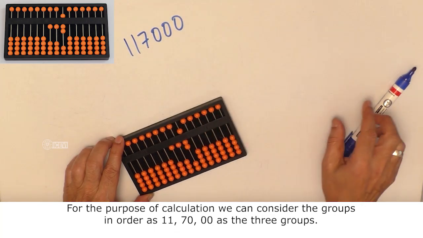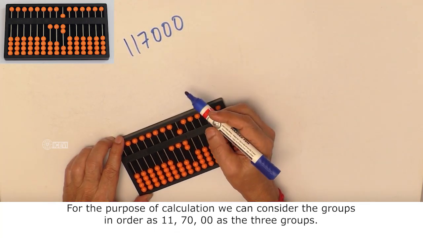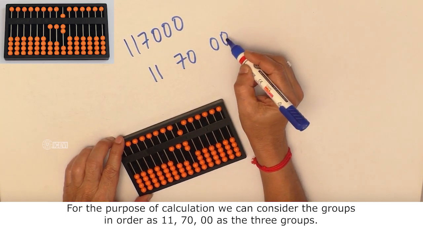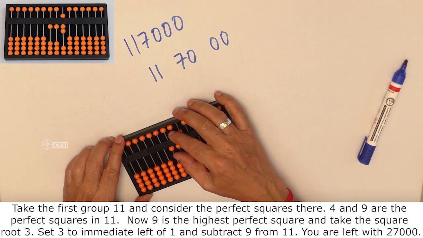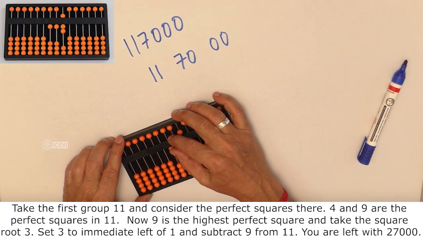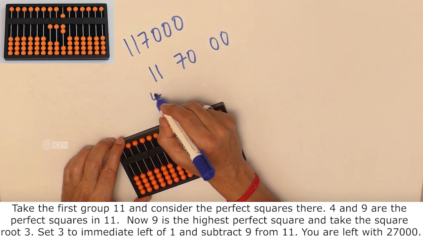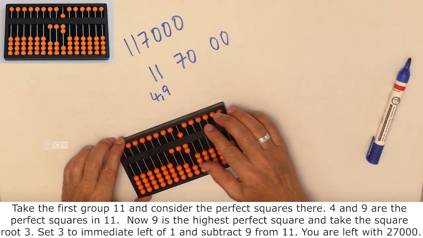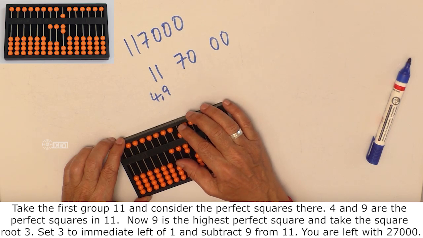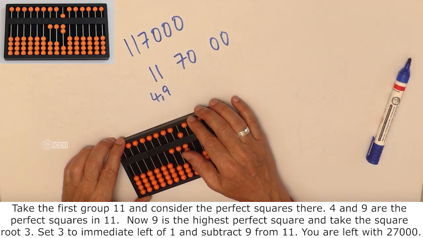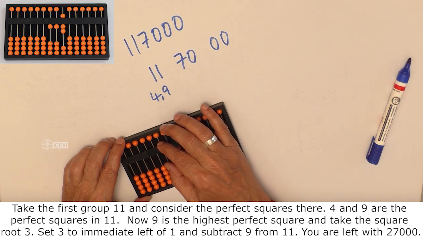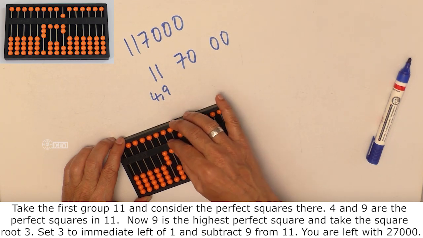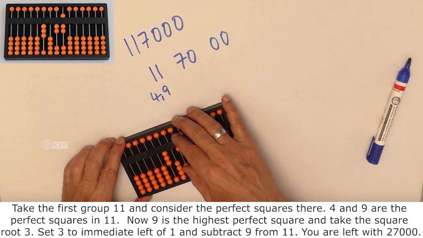For the purpose of calculation, we can consider the groups in order as 11, 70 and 0, 0 as the 3 groups. Take the first group 11 and consider the perfect squares there. 4 and 9 are the perfect squares in 11. Now consider 9, which is the highest perfect square, and take the square root 3. Set 3 to the immediate left of 1 and subtract 9 from 11 and you are left with